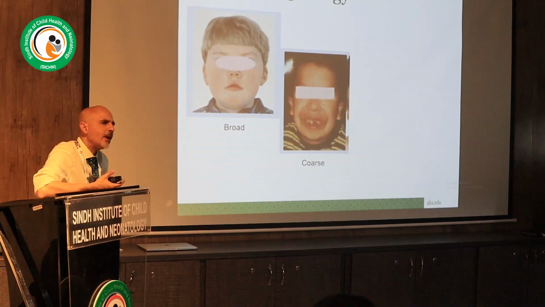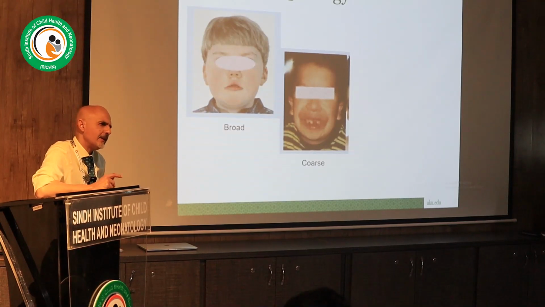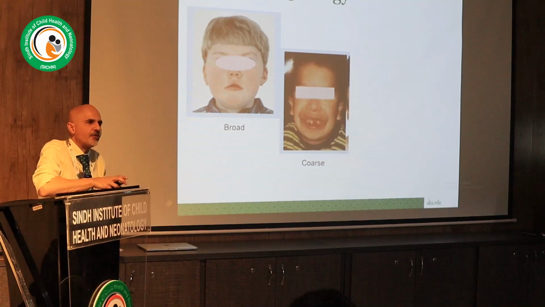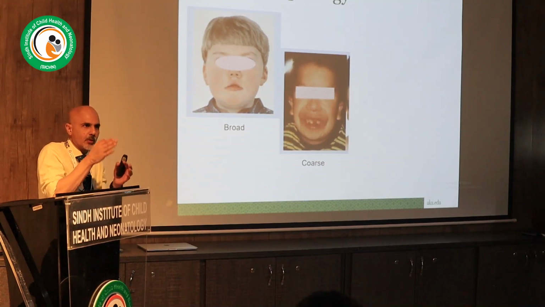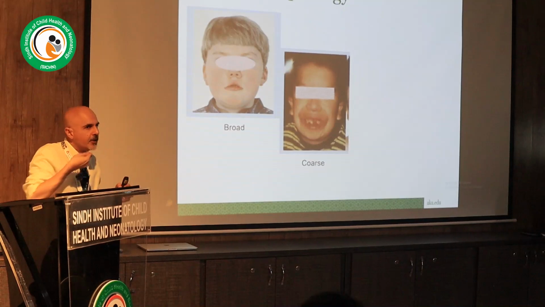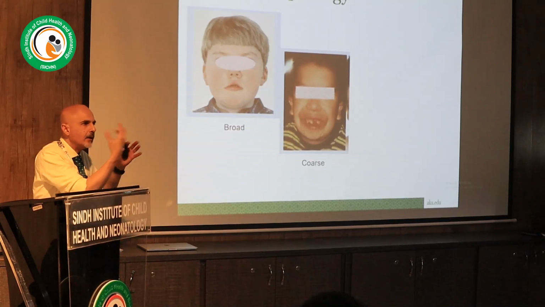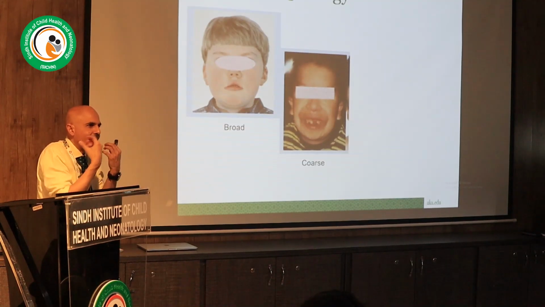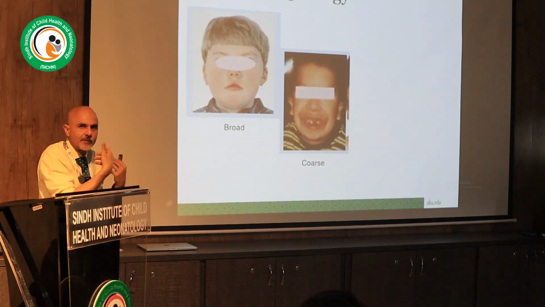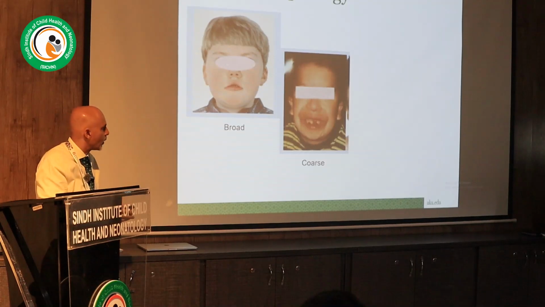This is coarse. Now, how do you explain coarse to someone, right? It's a very, very tough term to explain. So the way I kind of understand it is the opposite of sharp. You know, well chiseled features, we say, like in sculptures, where the nose is absolutely sharp and the chin angle and everything. The angles of the face are blunted. And there's a reason why they're blunted, because the storage material is causing swelling of the cells and swelling of the tissues, and that's why you see the coarseness. So this is what coarse features will look like.